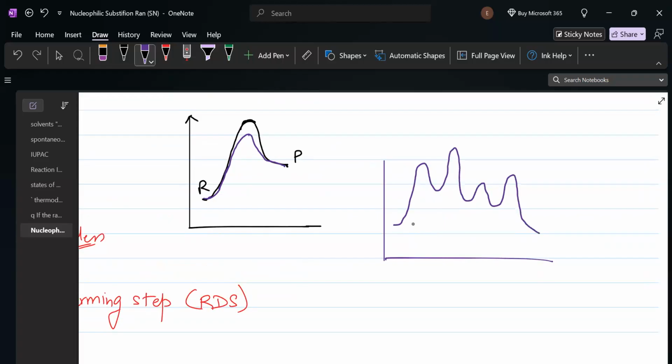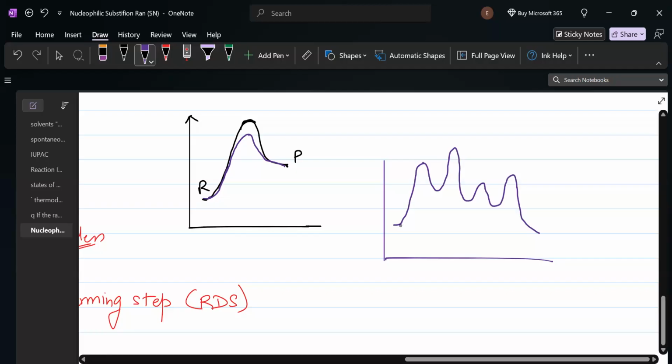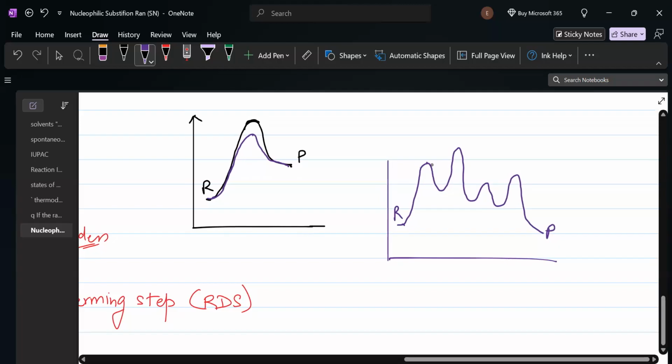See, this is a very complex reaction. You both missed the last class where I talked about intermediates. For example, here is the reactant and here is the product. Many things are forming in between. Before forming the product, many different things are forming. For example, in this thing,